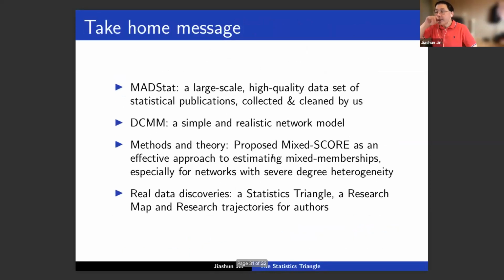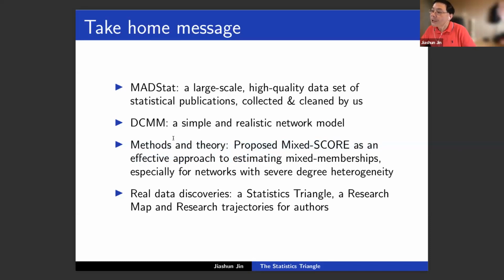I'm going to wrap up here. We have introduced a data set, which is freely available to everybody, and we have the proposed model. We have many other works on the degree-corrected mixed membership model. We show that this becomes a very good model because mathematically it's still very tractable, but in applications quite realistic. We have good fit results coming up very soon.